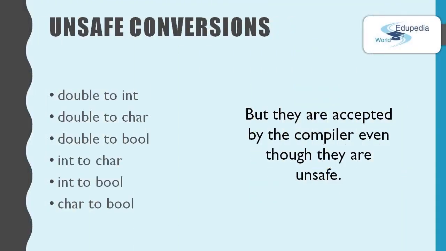You will find that many input values produce unreasonable results, such as ignoring the decimal part. Basically, here we are trying to put a gallon into a pint pot, like 4 liters into a 500 milliliter glass. Here we have listed the unsafe conversion types: double to int, double to char, double to bool, int to char, int to bool, char to bool. They are unsafe in the sense that the value stored might differ from the value assigned.